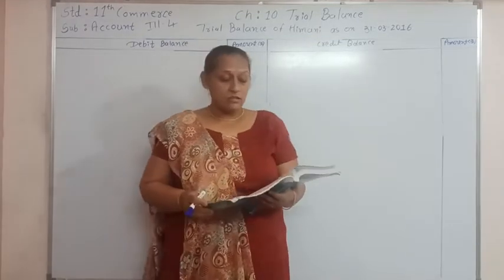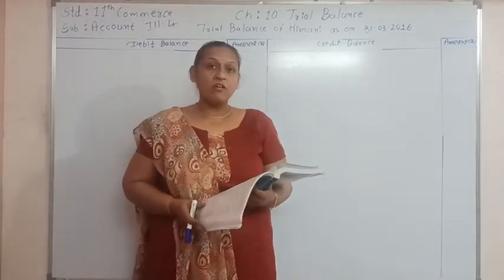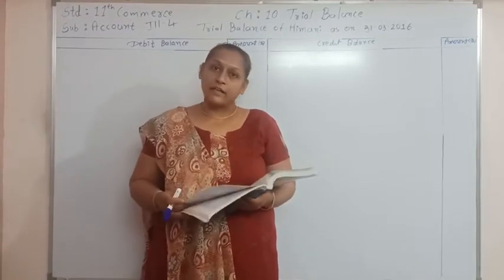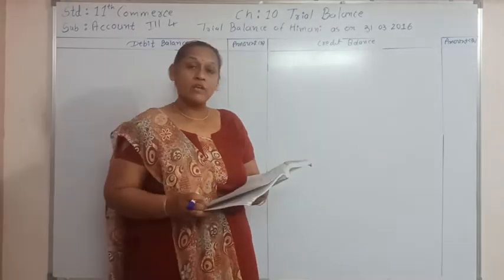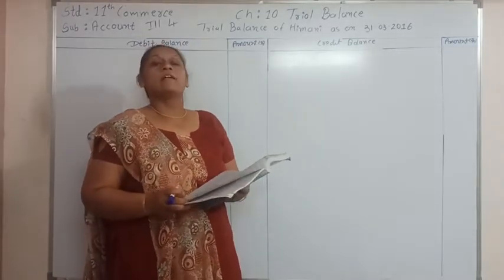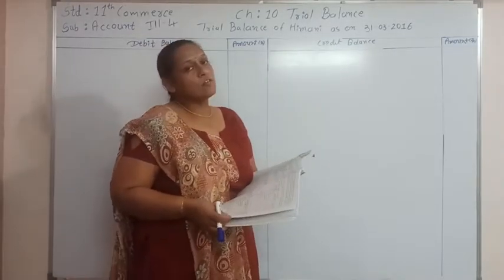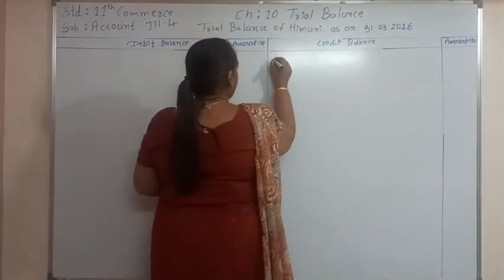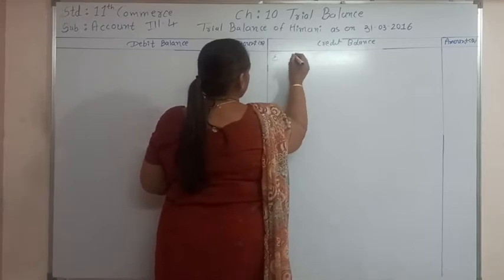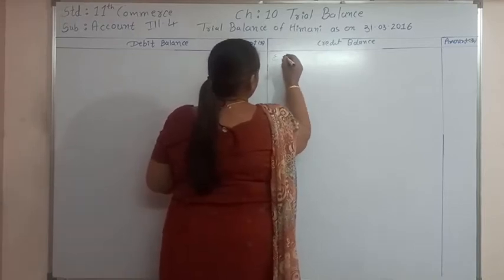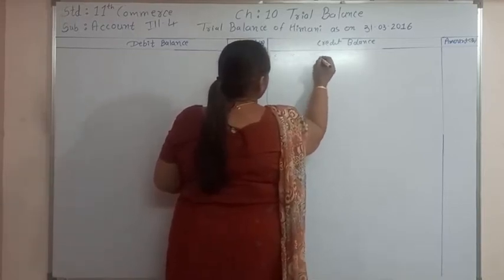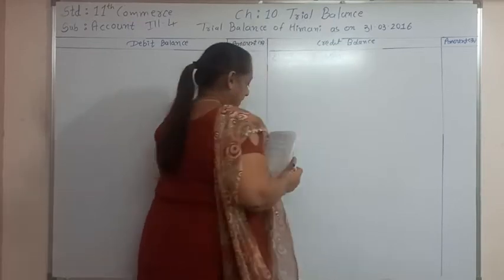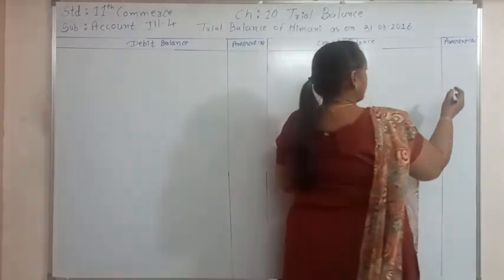So here we are going to prepare the modified trial balance of E-money as on 31st March 2016. In the sum, supplier is given on the debit side, but as we know, supplier is a creditor and creditors have credit balance, so we have to write it on the credit side. So this is wrongly written on the debit side. So here we will write supplier, that is also called creditors, and it has 10,000 balance.